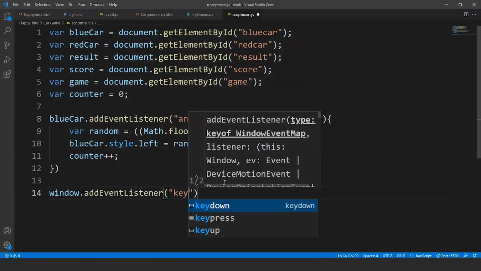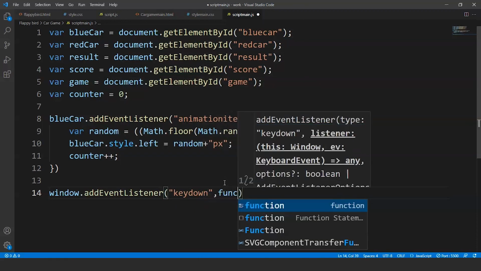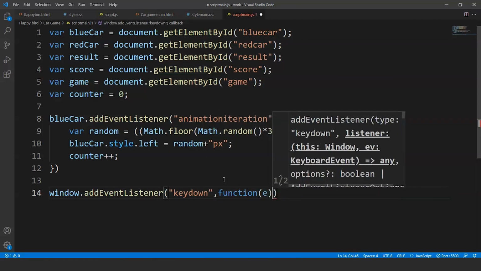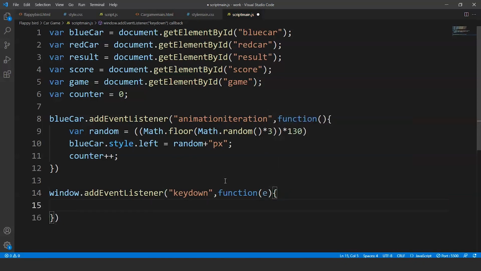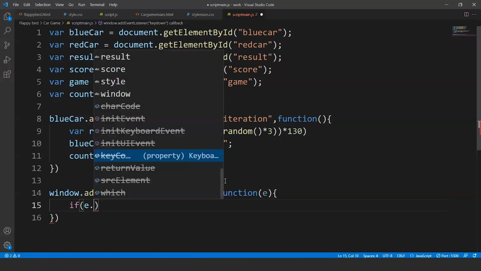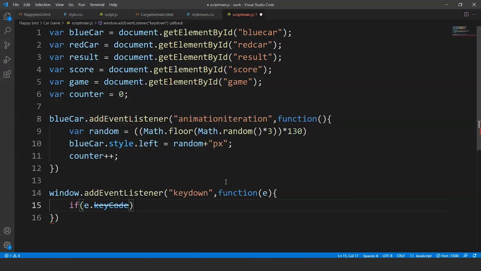We'll write here keydown and we'll define a function here. Fine. So we'll take a parameter inside this function. Now what we'll do is we'll write here if e.keyCode is equal to 39. Then what will happen is